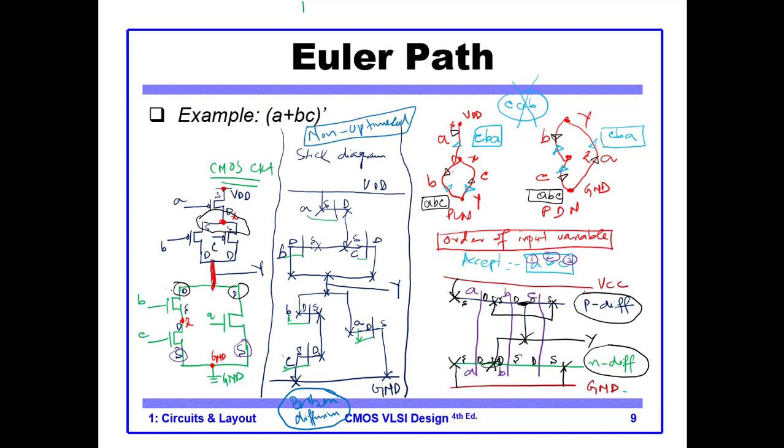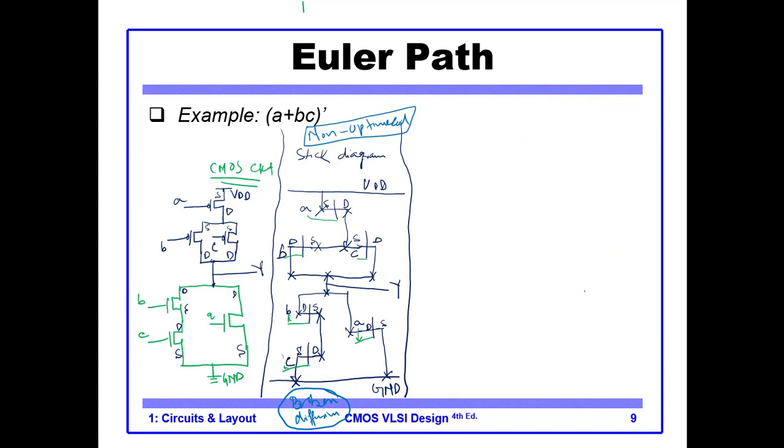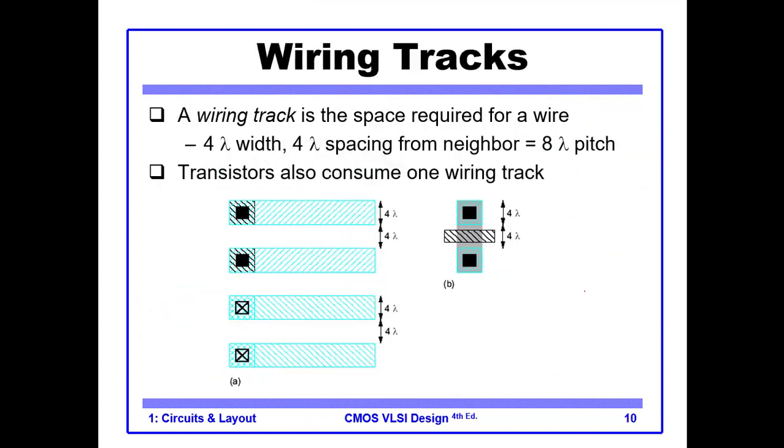So this is an optimized implementation, and this implementation will have a minimum delay. It will have minimum power consumption because the interconnection points are fewer compared to the interconnection points in the left. So this is the advantage of Euler's path. Let's move to